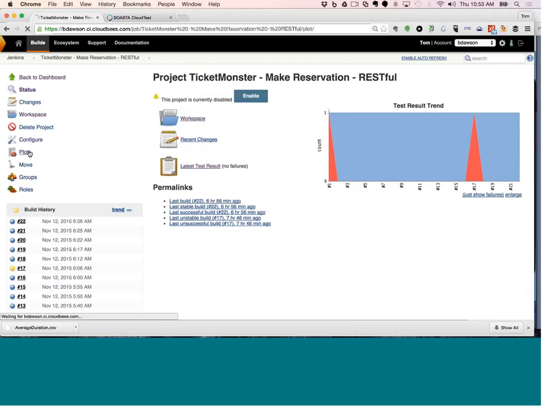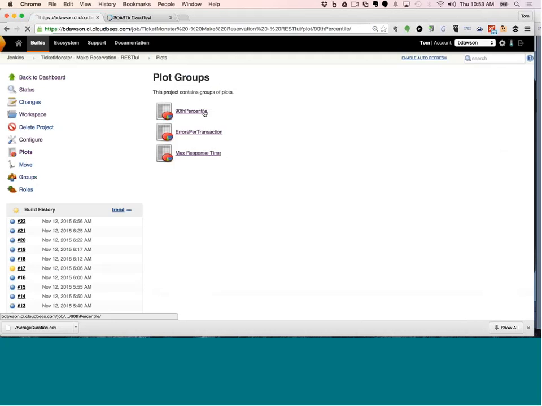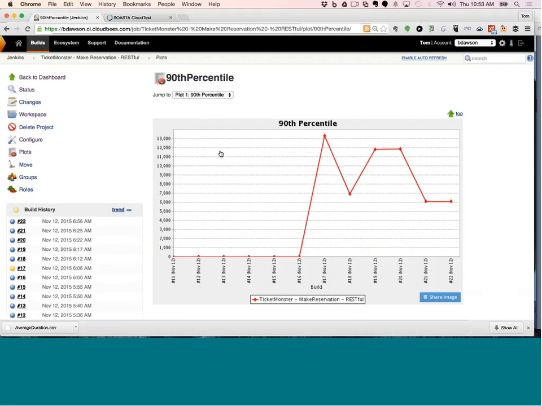The data that does come back from the results is also graphable with the plot plugin, so I can see how my test results are coming back over time and see that they're still staying below the threshold of 13,000 milliseconds, 13 seconds. I'm having some runs that are doing well, other runs that are taking a little bit longer, but they're all staying within the threshold, so they're not going to stop the build. I could look and see what was different in each of these builds, and it looks like the developer is doing a good job of speeding up the code. These later builds are coming in faster than the earlier builds were.